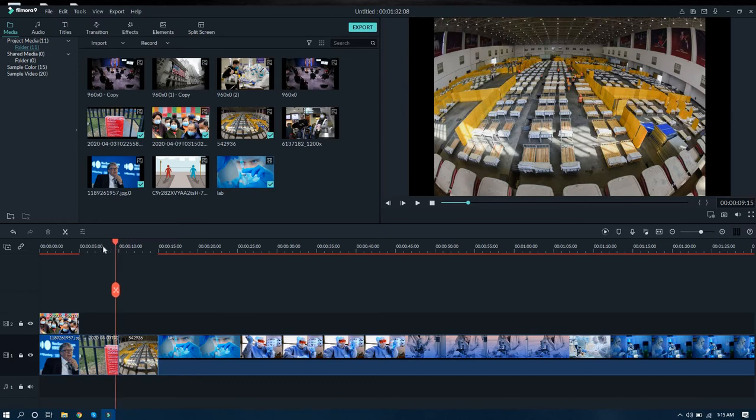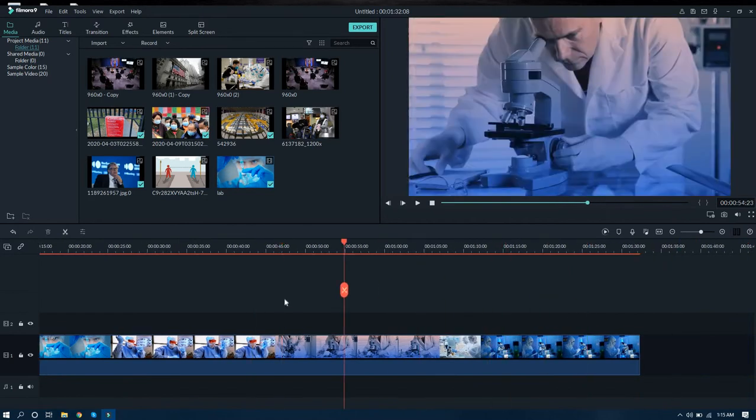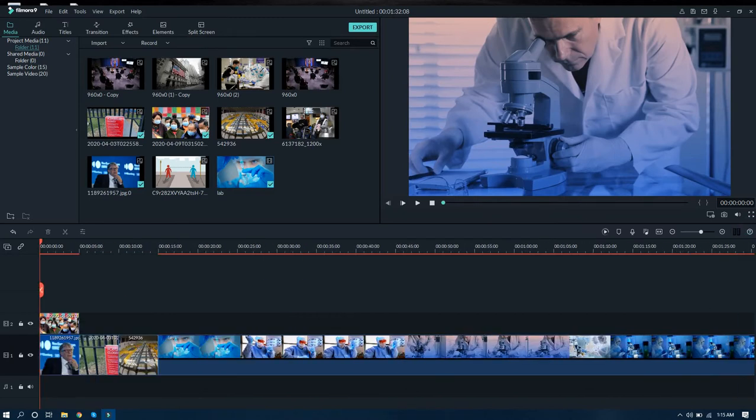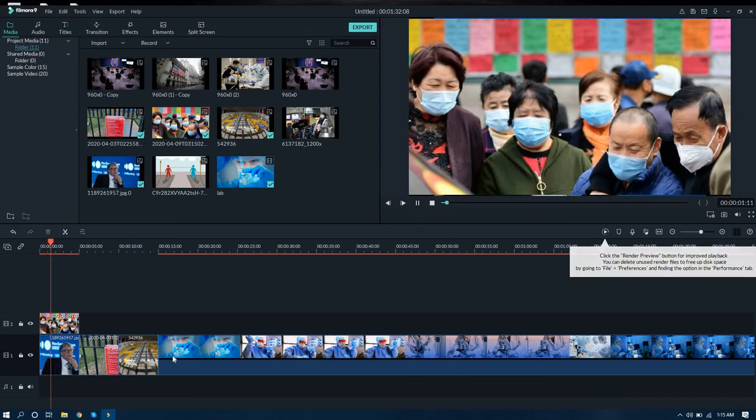If you want to drag the video, you can use this drag line and drag it over, and here you can see the display of the video or images at that particular point. Also you can play this video here.